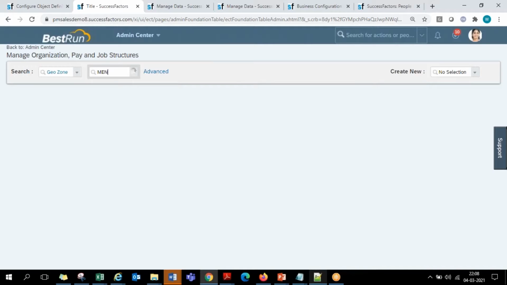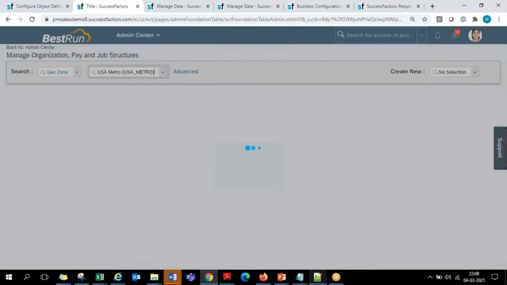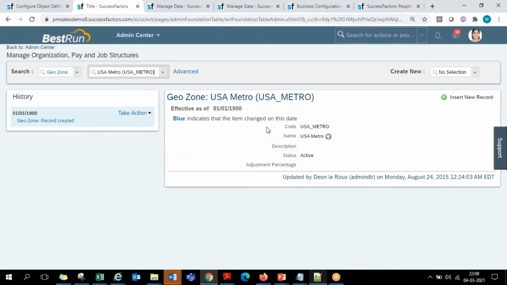Like that we will have these different kinds of geographical zones. For example, USA metro, USA urban, USA suburban, and all the locations will be divided into different zones. So this geographical zone is also one of the foundation objects, which is again MDF, again from the corporate data model.